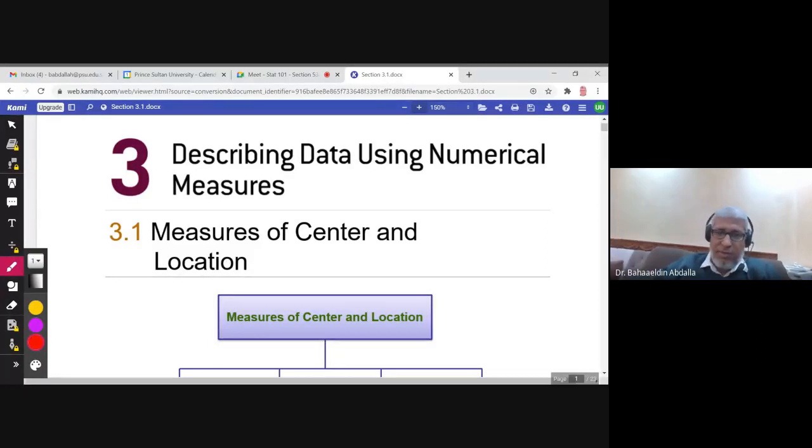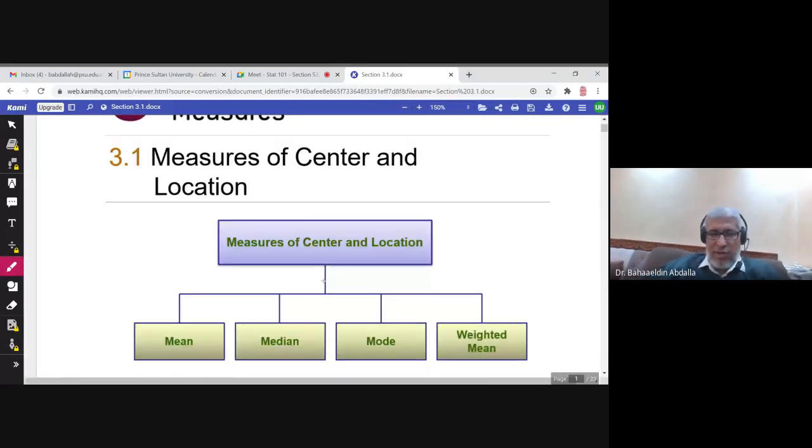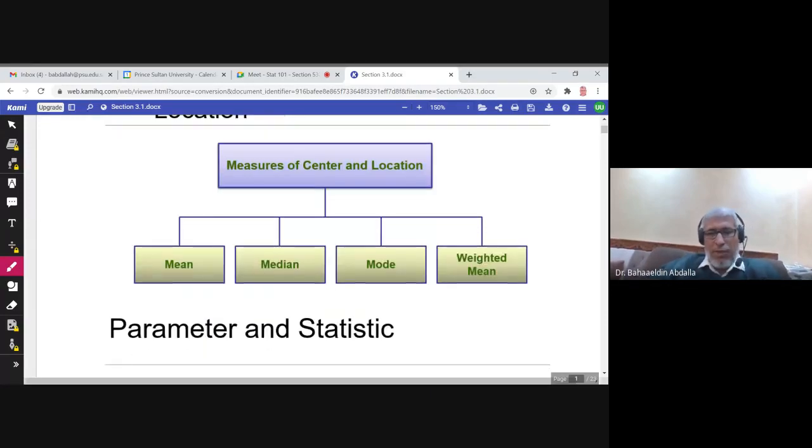Chapter 3, describing data using numerical measures. Section 3.1, measures of center and location. We will study 3 measures of center and location: mean, median, mode, and then we will also study the weighted mean. You need to understand the definition of each one of these 4 measures and how to calculate them and